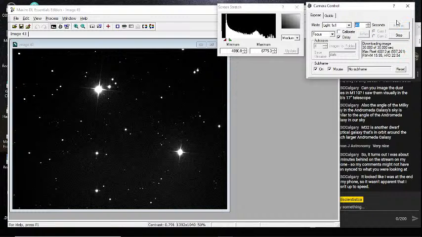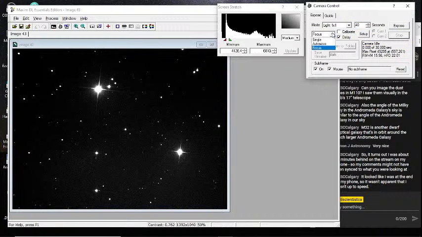Oh, we're in focus mode. Stop. There we go. Now a single 40-second exposure. We'll get maybe a little bit of the nebulosity. It would appear blue in a color image because it's a reflection nebula. The gas and dust the stars happen to be running into. The stars aren't exciting the gas, at least that we can tell.